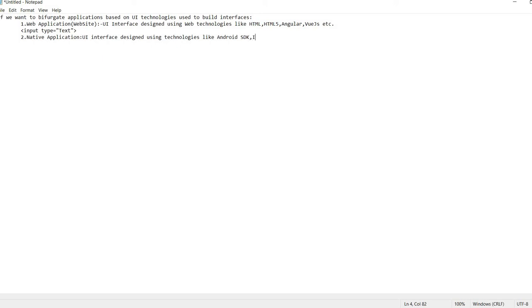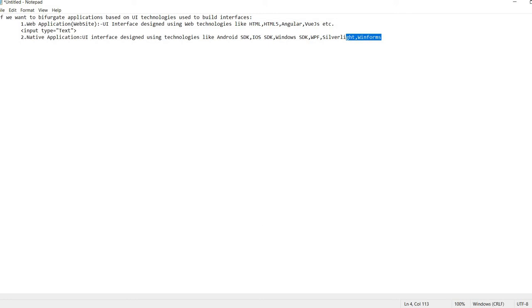Android SDK, iOS SDK. Here I am mixing the examples of mobile as well as desktop. And then Windows SDK, WPF, Silverlight, then WinForms. So these are the technologies which we use to design the interface.